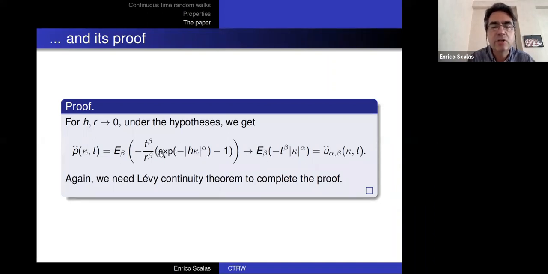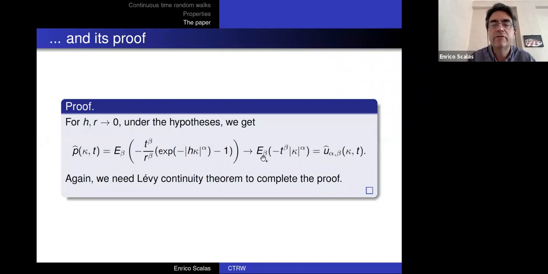So again, you are doing as you were doing with the exponential, so h is becoming small. So this is becoming 1 minus the absolute value of hk to the alpha. h is a positive number, so you can even take it out. h to the alpha, r to the beta appears here. 1 minus 1 goes away. And then you are left with